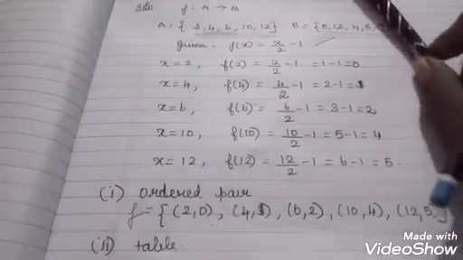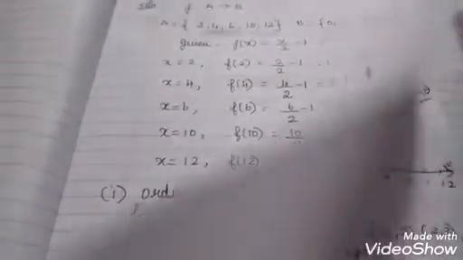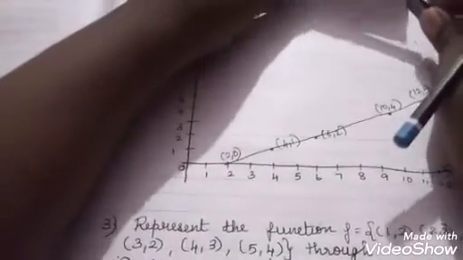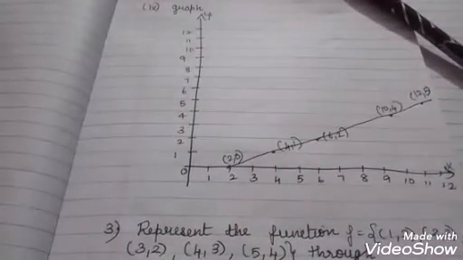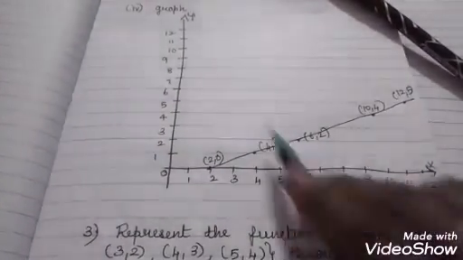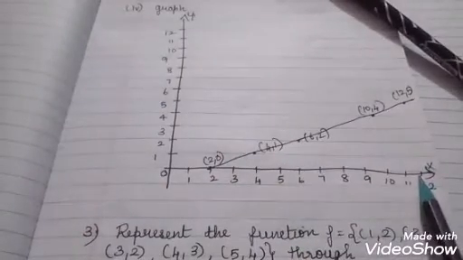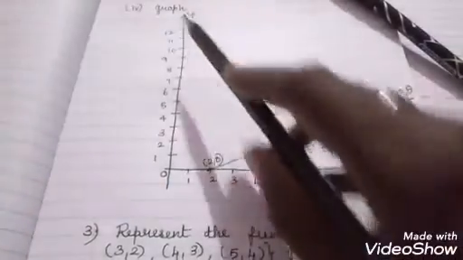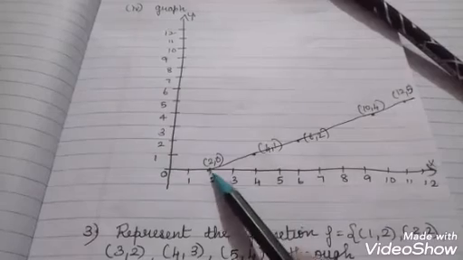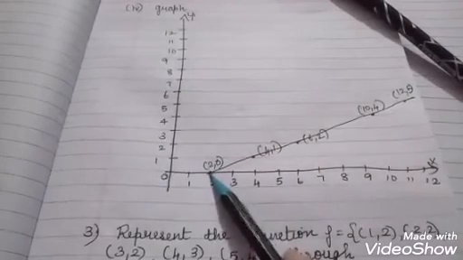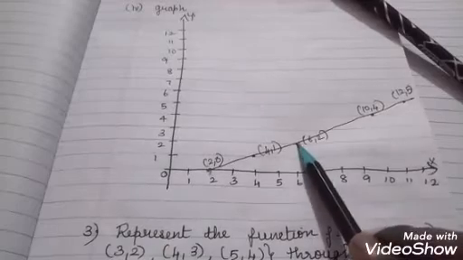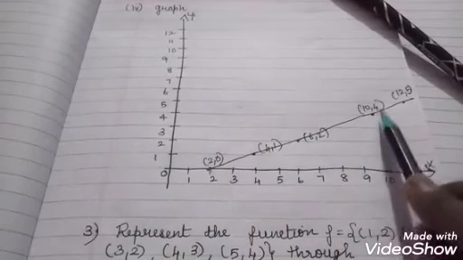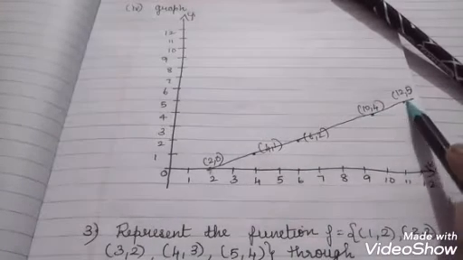What is the next representation? I told you in the introduction part, that's nothing but your graph. I think you all know how to plot the points in a graph. So I've just plotted the points, the x-axis and the y-axis, 1 to 12 with 1 unit measurement. Now here in this case it's 2, 0, 4, 1. Next is 6, 2. The next one is 10, 4. And the last one 12, 5.